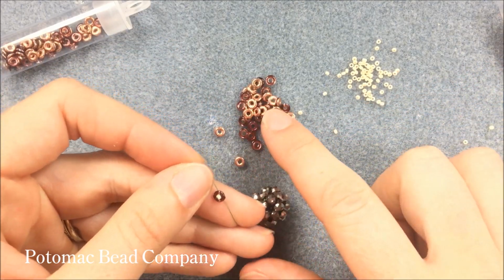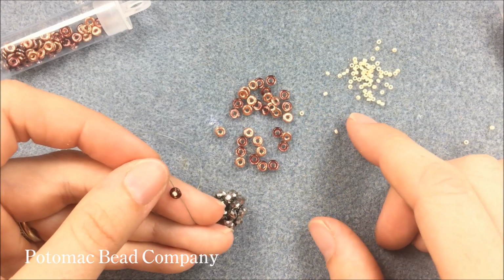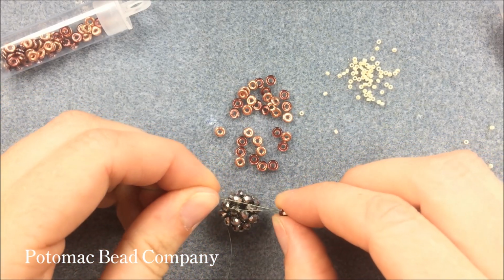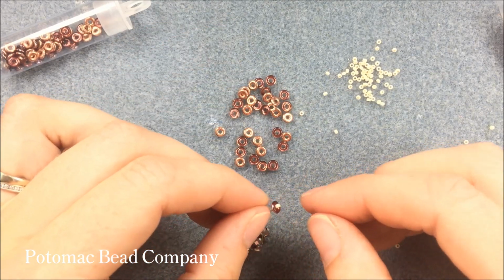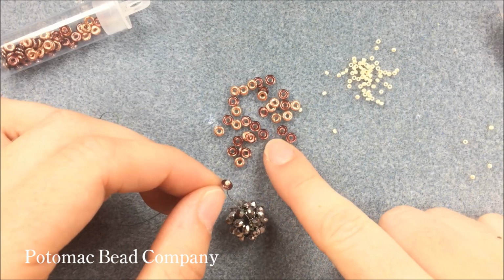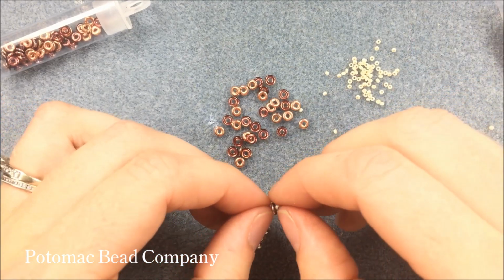place. Every once in a while you'll get an O bead where the hole's a little bit bigger and the 15 will slip through. So you want to make sure to give it a nice tight pull to see if that will occur. If it doesn't occur, you're ready to move on. If they do have a little bit of a bigger opening, just push it to the side, use it for